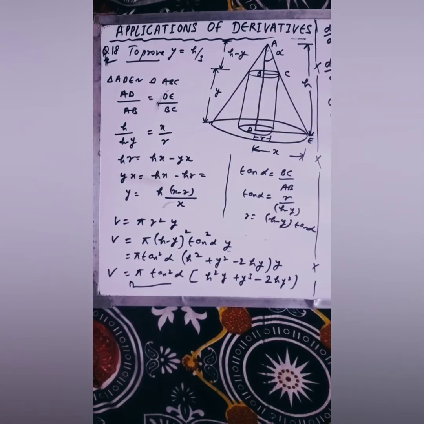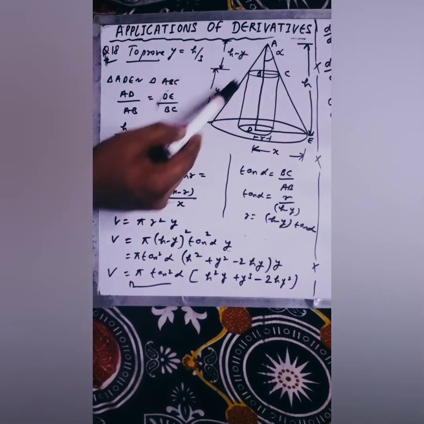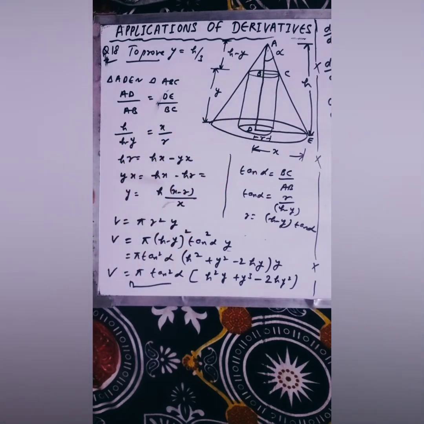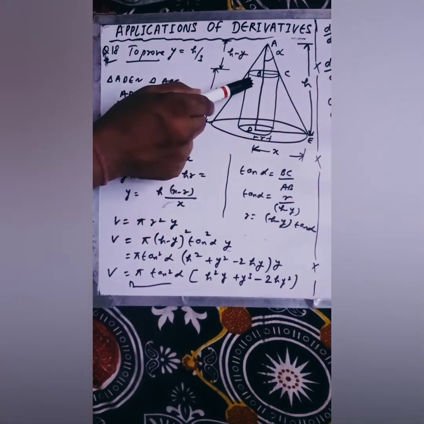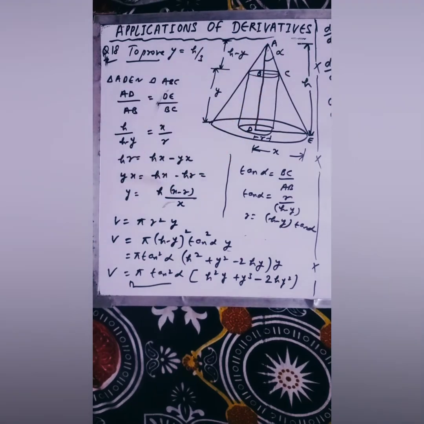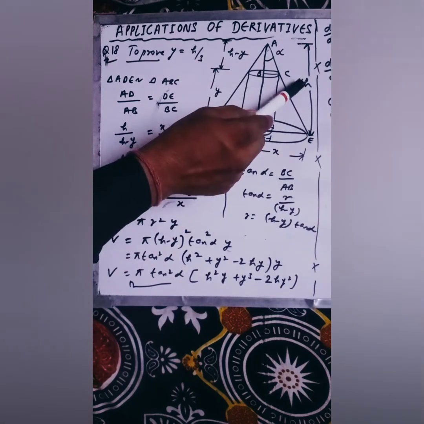Now this is your question number 18 of your miscellaneous exercise. This is one of the most important questions of your exercise. So in this question what you have to do, here a cone is given to us and a cylinder is inscribed into it, as I have shown in the figure. And the height of the cone is given to us, which is small h. This h is given to us,